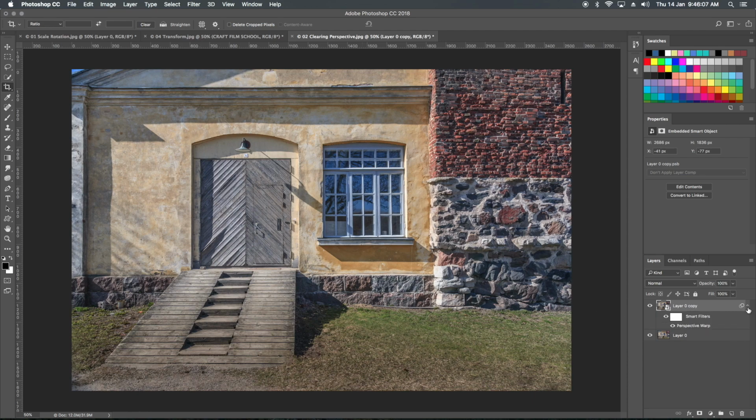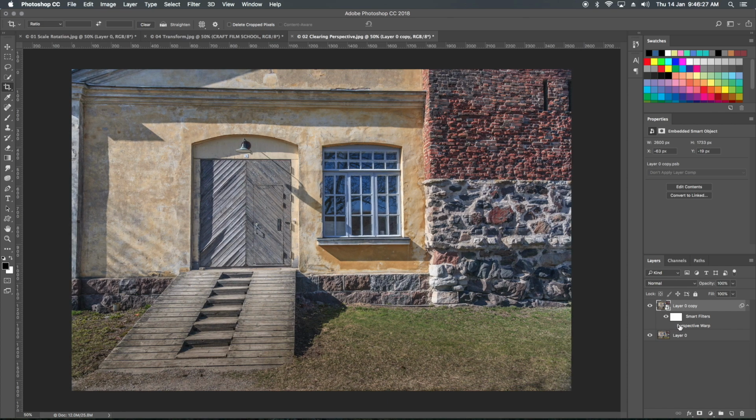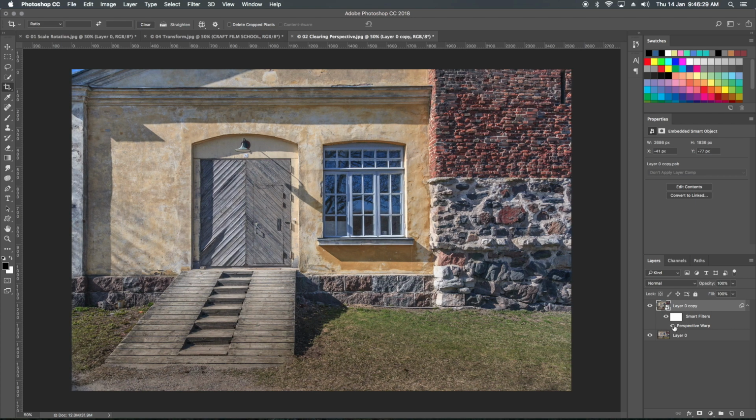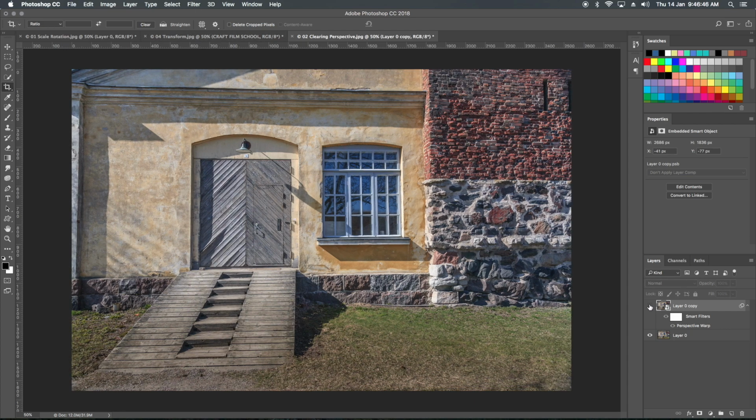But one more thing I want to bring up here: as soon as I click on smart object, whatever change I am doing is also non-destructive. At any point, if I want to turn off this perspective change, I just click this hide button and it shows us the original image, and as soon as I click here, it shows us the edited, perspective-changed image. So smart object is also very good if we have to apply filters to images. Now that will not get mixed. Let's do one more time.